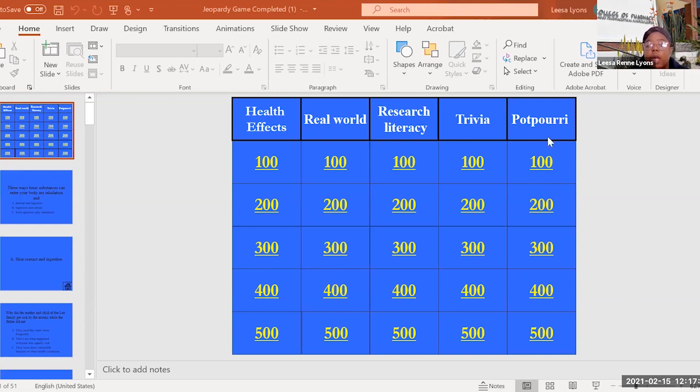And then we have trivia and potpourri, where just questions that we don't necessarily go over, but of course, using their critical thinking skills and kind of working with the rest of the people on their team, they should be able to figure out. So like any Jeopardy game, it gets progressively harder from the 100s to the 500s. So we'll just go through a little example, 100 research literacy. Let me go ahead and